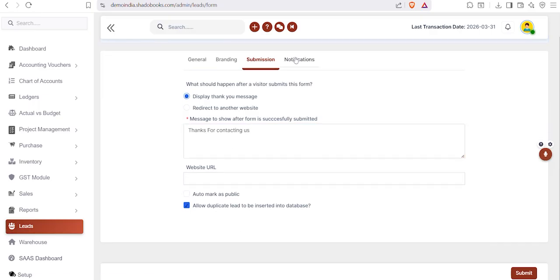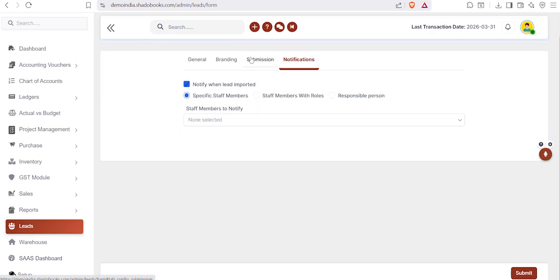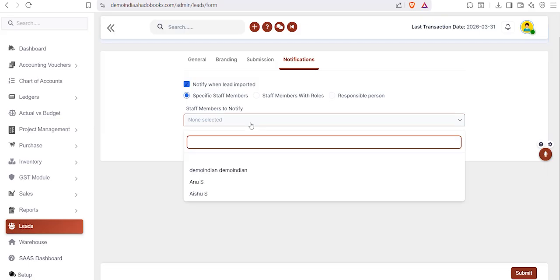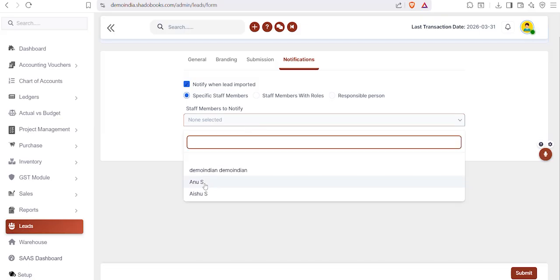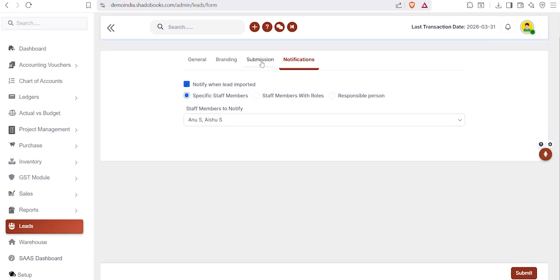And then the notifications. You can check here the staff members to notify. Then an issue whomever, and then finally there are two options as well: the staff members with the role and the responsible person. So I'm choosing this option. You can submit